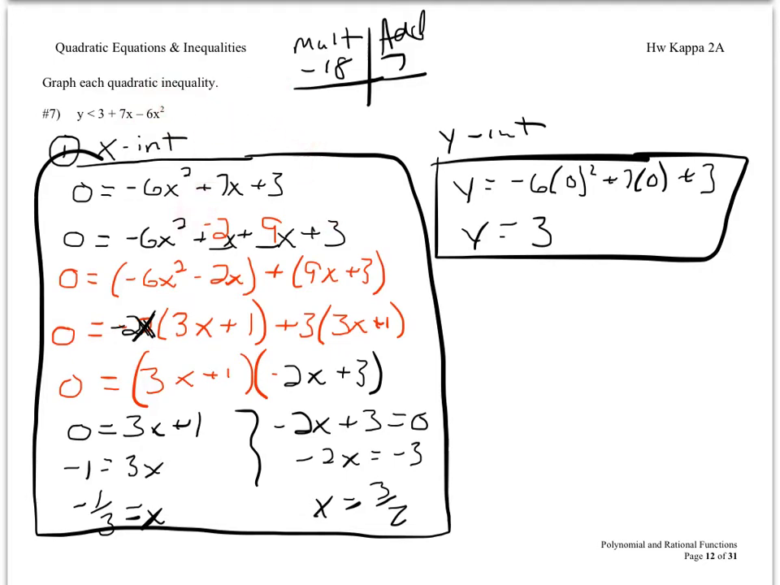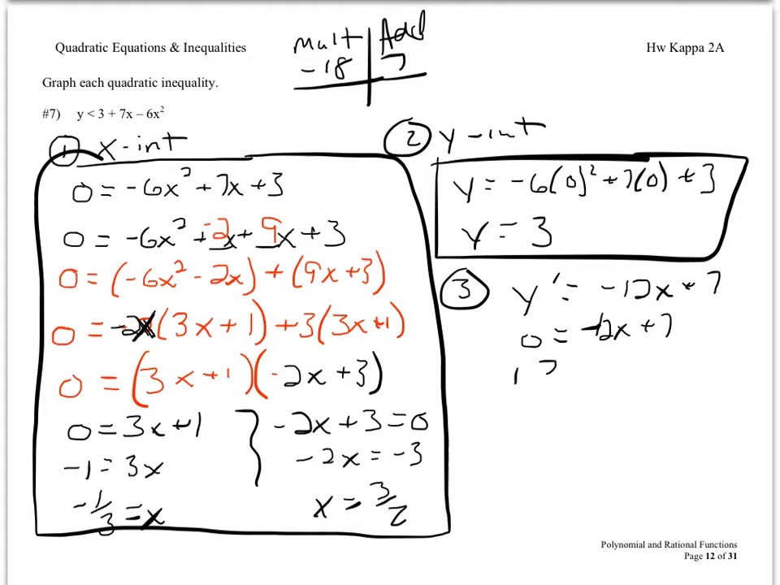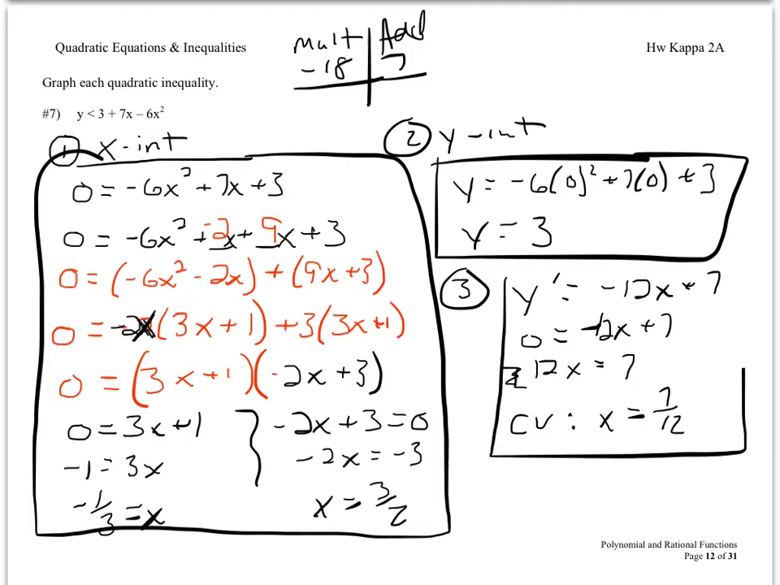To find that maximum, the easiest way for this specific problem will be to find the derivative, which would be -12x plus 7. This is in order to find the critical value, which is the x value of our maximum. We add 12x to both sides and divide both sides by 12. We get a critical value of x equals 7/12. To find the y value of the critical point,